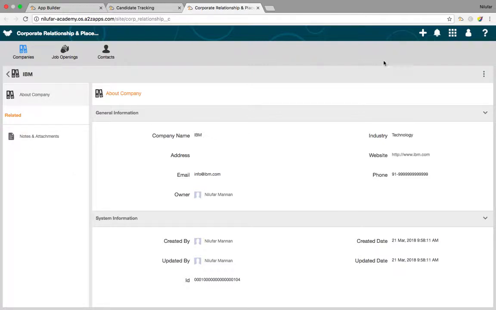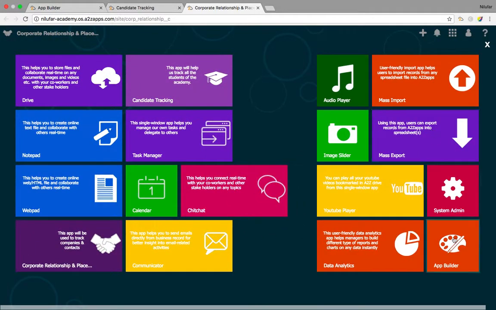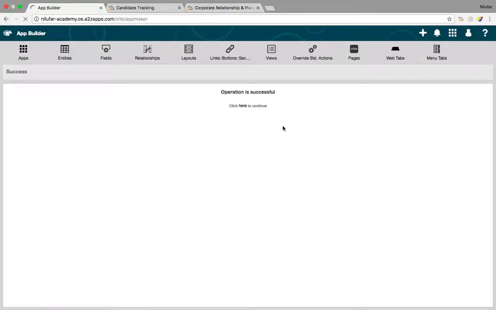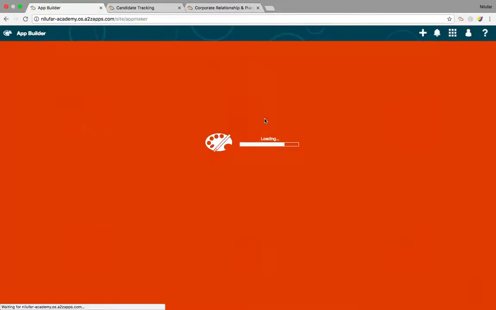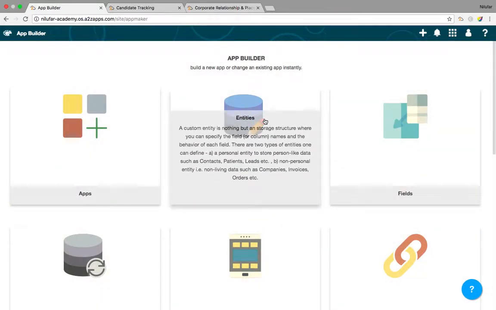So let's go to the app gallery again and go to the app builder tool. In order to link these entities together, we need to create a relationship. Basically, we need to establish a relationship between all these tables.